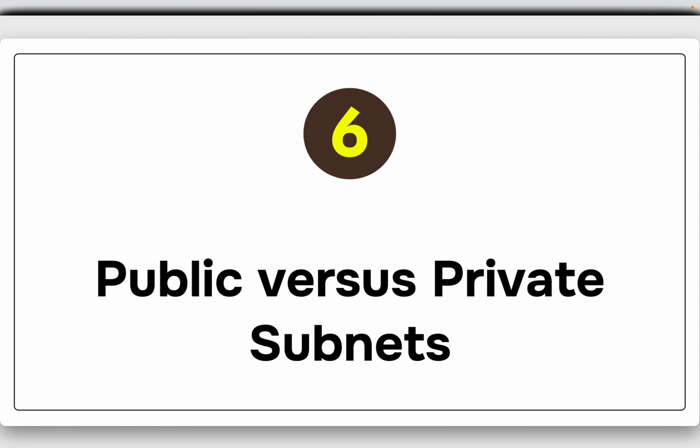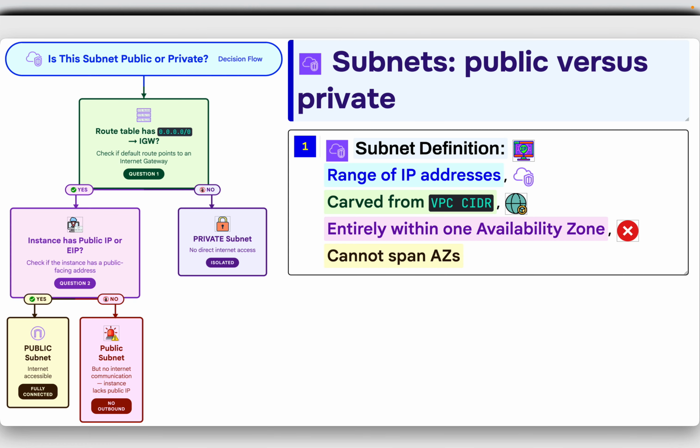Sixth topic is public versus private subnets. So here the decision flow diagram shows how to determine if a subnet is public or private. First, check if the route table has 0.0.0.0/0 pointing to an internet gateway. If no, it is a private subnet. If yes, check if the instance has a public IP or elastic IP. If yes, it is a fully connected public subnet. If no, it is a public subnet but with no outbound internet communication